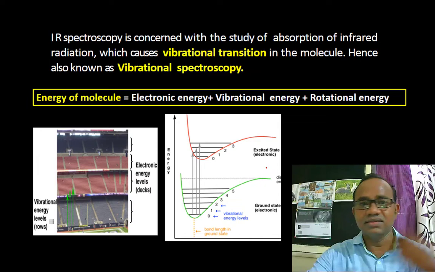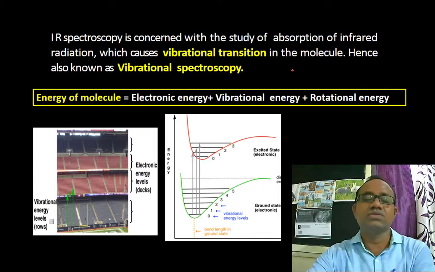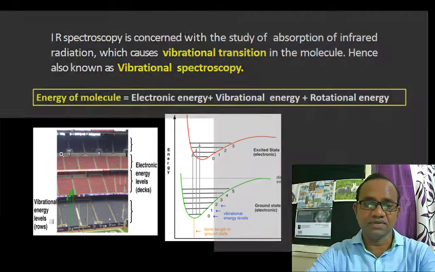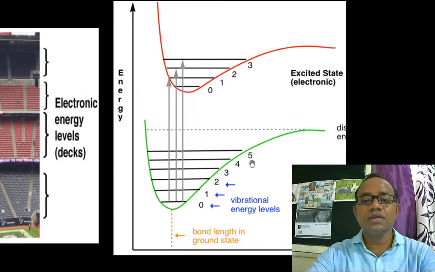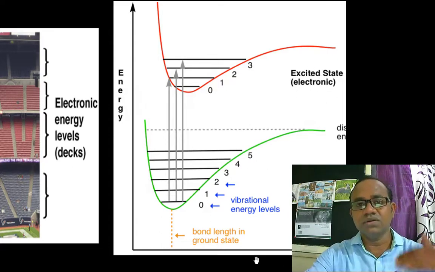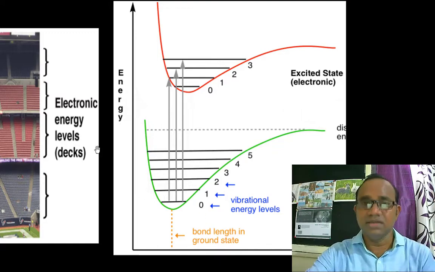To understand this spectroscopy mechanism, we have to understand the diatomic molecule structure and its energy levels. When the electrons in the atom undergo excitation from the ground state to the excited state, there are different energy levels: vibrational, rotational, and electronic energy levels. That means they have to undergo certain different energy levels.